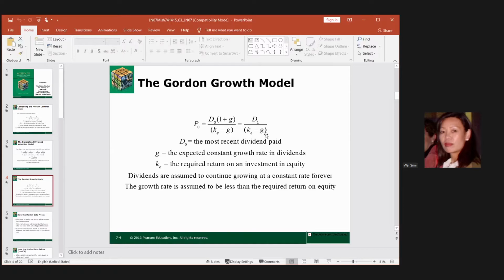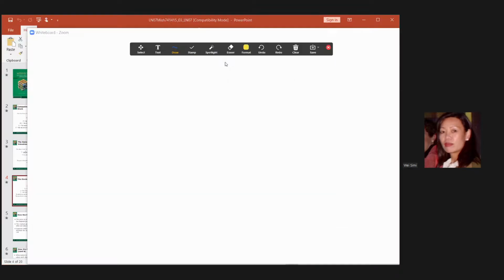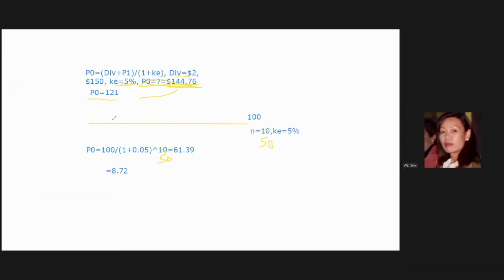But this has a condition. Let me talk about the Gordon growth model. It has an assumption, so clean, so simple a model, but it assumes the firm that pays the dividend is a company growing at a constant growth rate G. And that's how that works. Let me show you here.